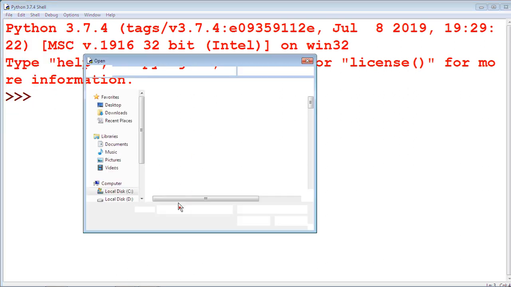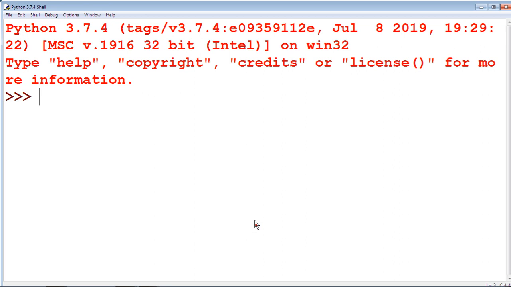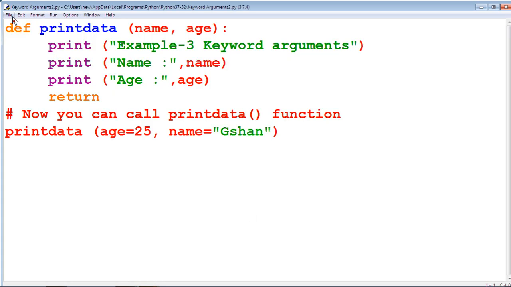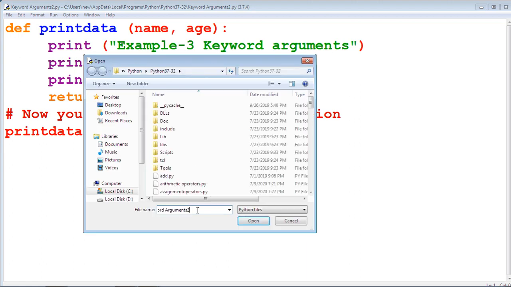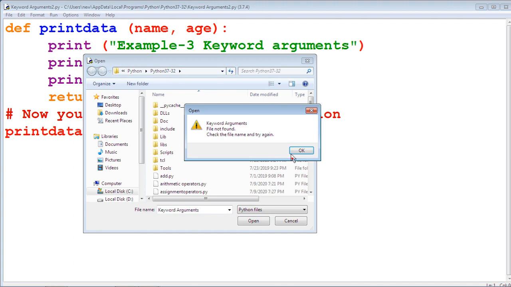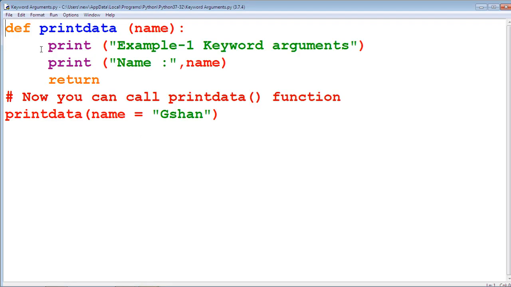Open, keyword arguments. In this example, here name is the keyword argument.